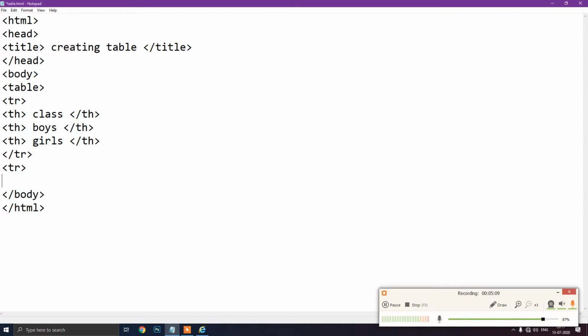Then now we will not use th, we will use td, because the heading we have already given. Now we are giving the values, so td represents the individual cell values. So here we will use the td tag now to give the cells their values. In the table cells are there, so we will give values to the cell using the td tag. So we'll type td here, and as you can see, class is the first heading, so below that class we have to write. So we will write here, suppose, class 12.